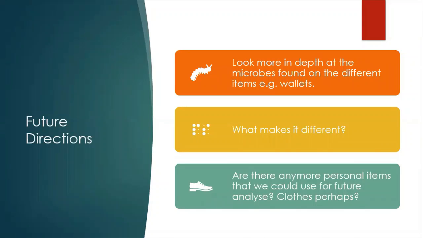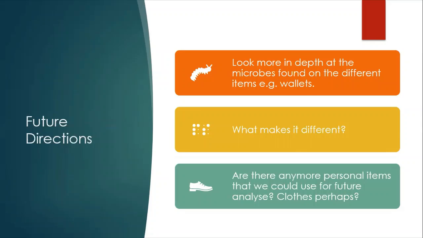So in terms of future directions, we might want to look in more depth at the microbes found on the different items, in particular wallets as well as shoes. Wallets, to examine why there's so much in comparison to the rest of the microbe sites, and shoes, as we want to know what makes them different. Why are they so different from the rest? So looking at the types of bacteria that exist on shoes in comparison to other items would be very useful